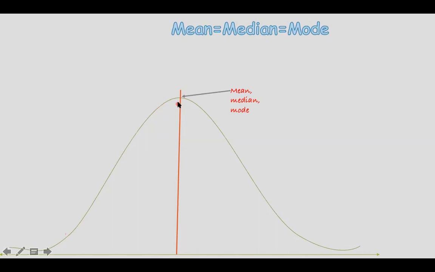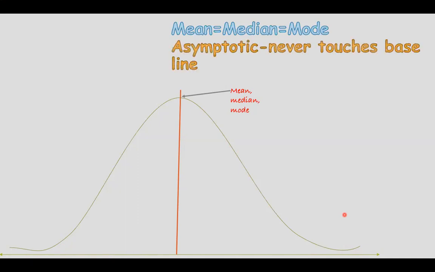only a single mode. And in this curve you can see that it is not touching this horizontal line on both sides, neither on this side nor on this side. So we say this curve approaches the baseline but never touches this horizontal axis, so it is an asymptotic curve. It is because it never touches the horizontal line. And this curve starts from the negative side, that is from minus, and ends up at the plus. And because it never touches the baseline, we say it starts from minus infinity and ends up at plus